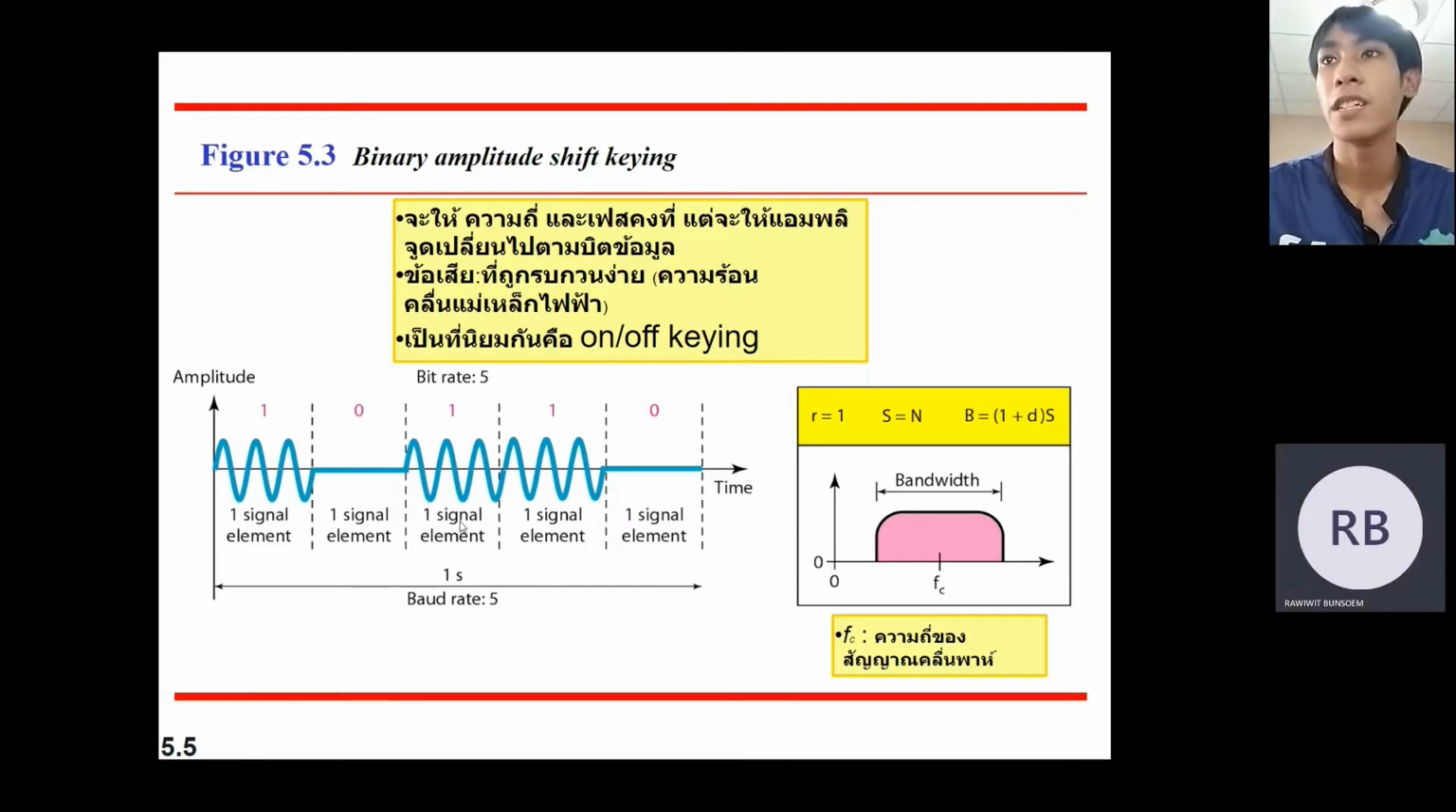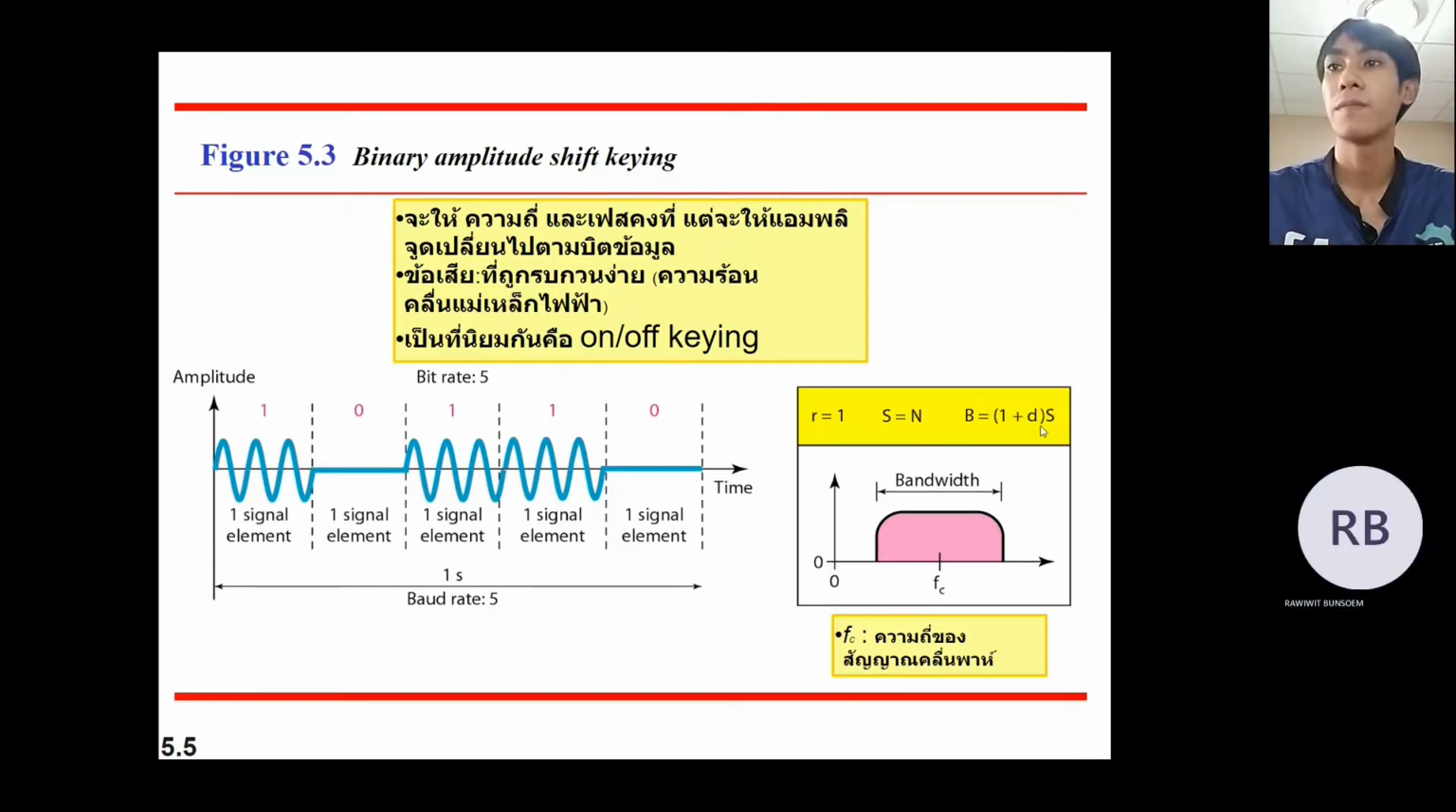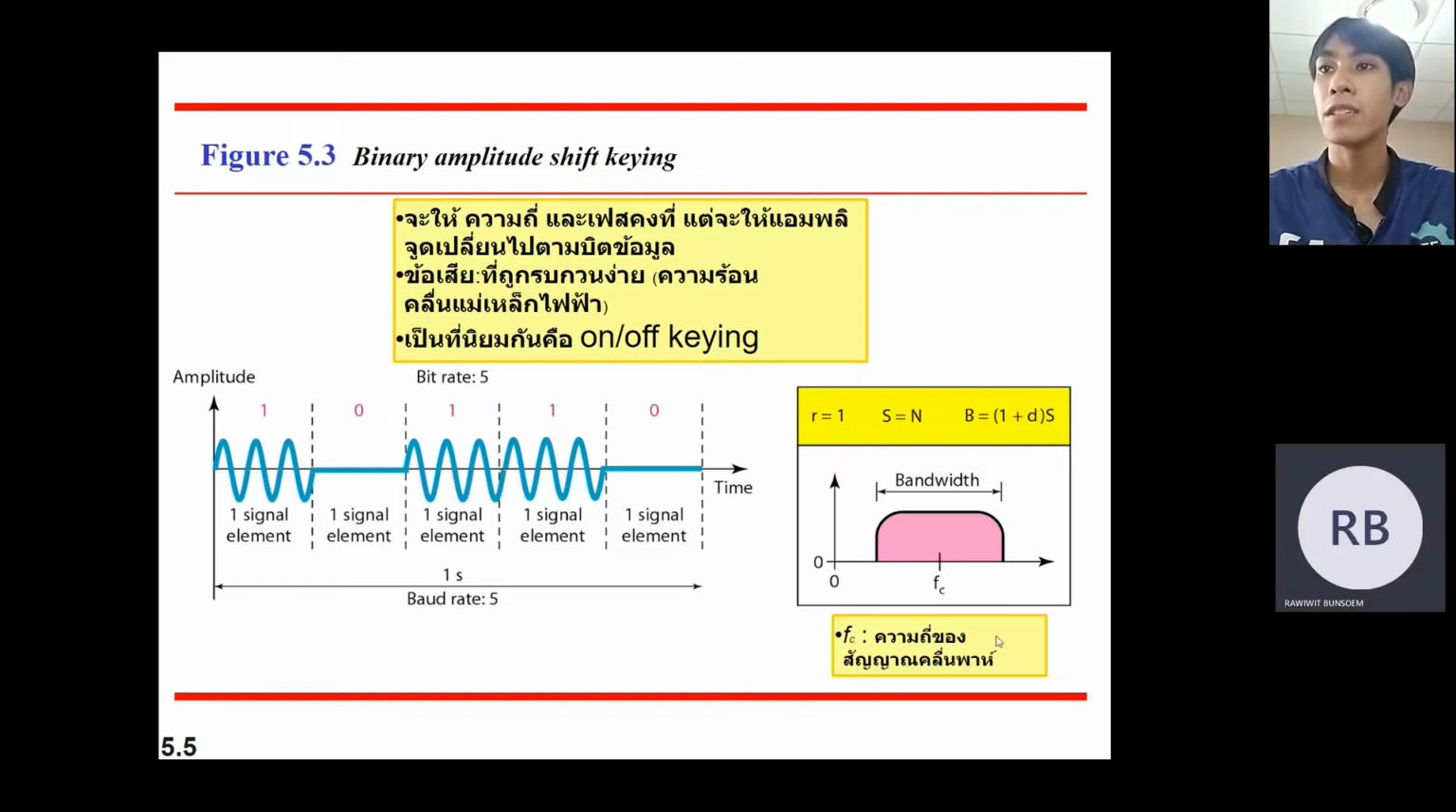Look at the following picture. Voltage, R is equal to 1, S equal to N, and B, bandwidth, equal to 1 plus d, times S, where Fc is the carrier frequency. The next,